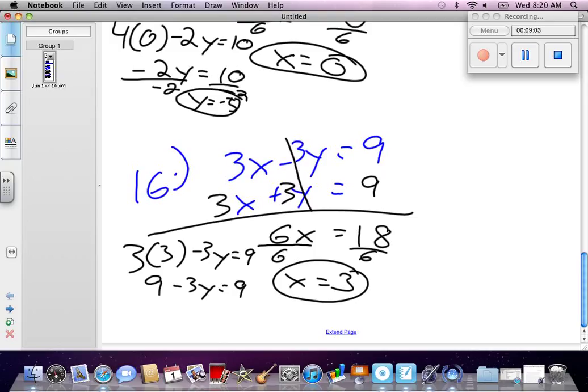So I get 9 minus 3y equals 9. Subtract 9 from both sides. Negative 3y equals 0. Divide by negative 3. Y equals 0. So x equals 3. Y equals 0. So it's not on here, so let's write it in. Because it does have a solution, it's not no solution. Let's write it